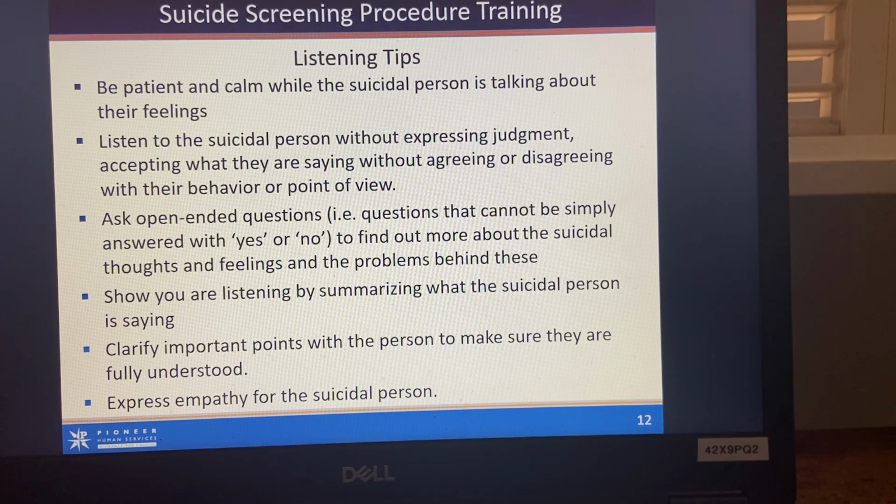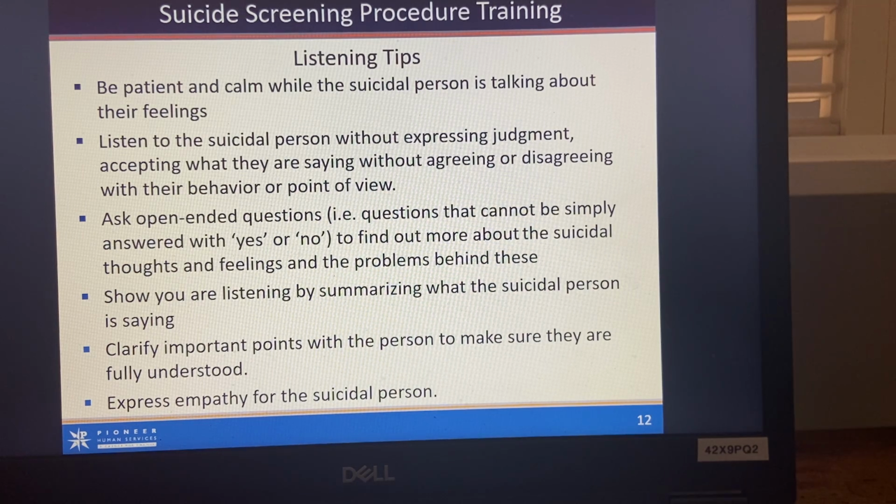This includes things like listening without judgment, accepting what they are saying without agreeing or disagreeing to their point of view, being able to ask open-ended questions to find out more about their thoughts and feelings. You can show that you are listening by summarizing, by clarifying, by reframing and rephrasing what an individual is saying to you. It's very important at this point when an individual is talking about their thoughts and feelings about suicide